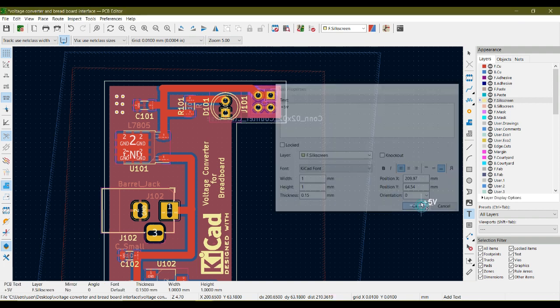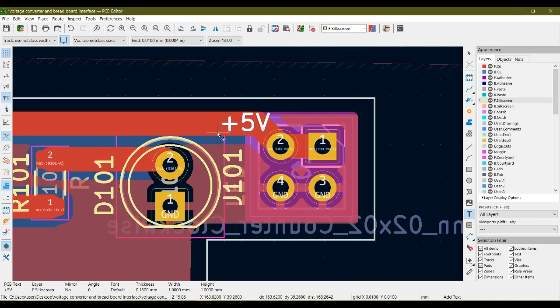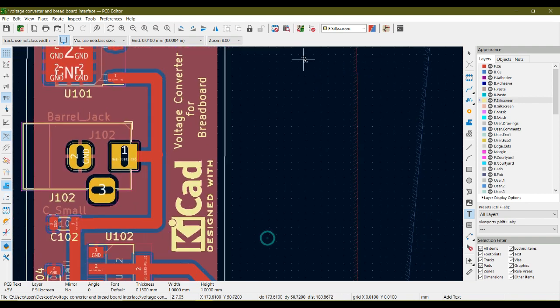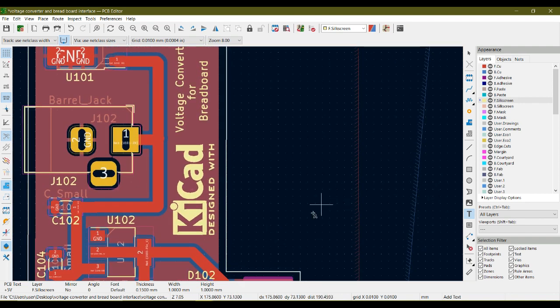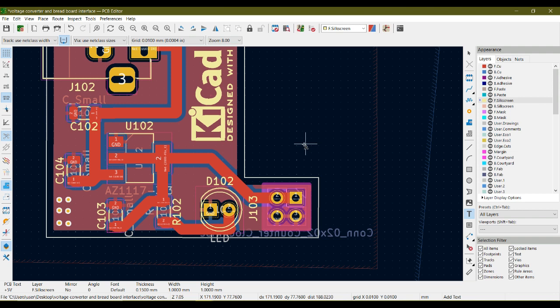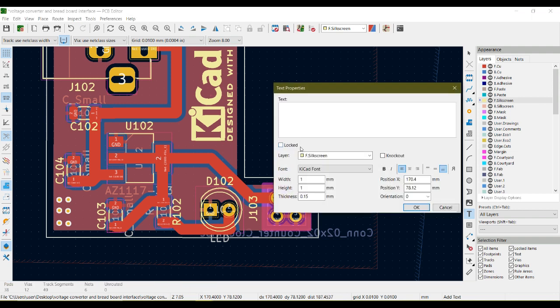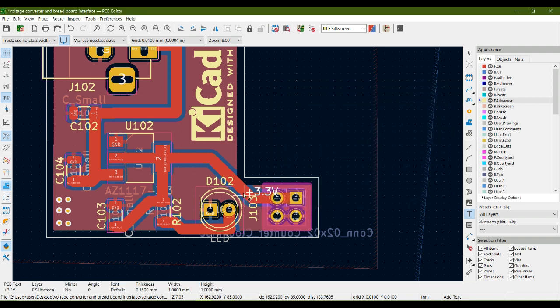Hit OK and place it over here and hit again. We have the text tool selected. Click over here and add another text, 3.3 volt. Hit OK and let's place it over